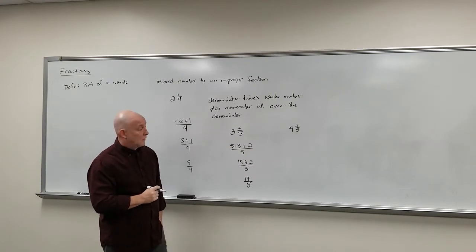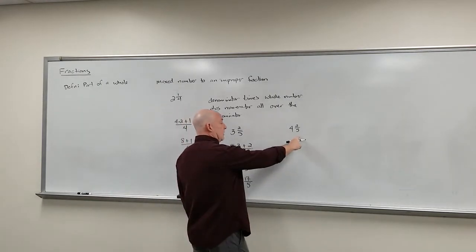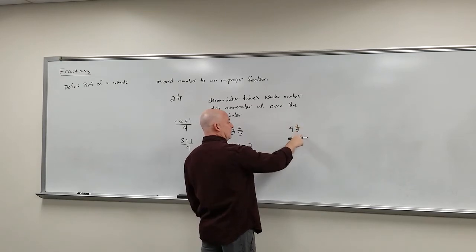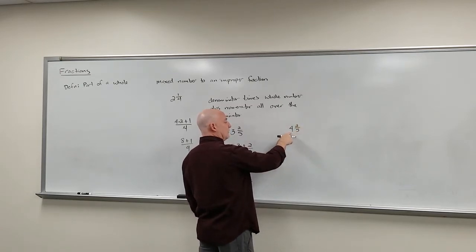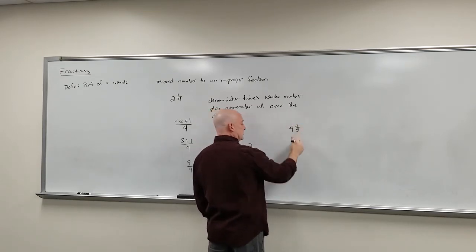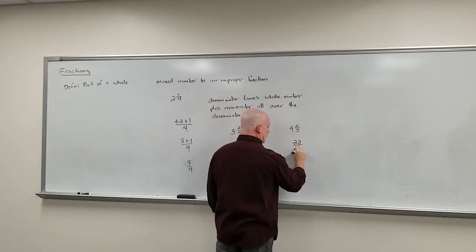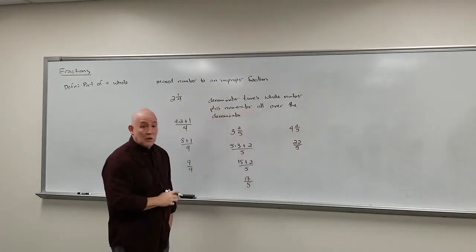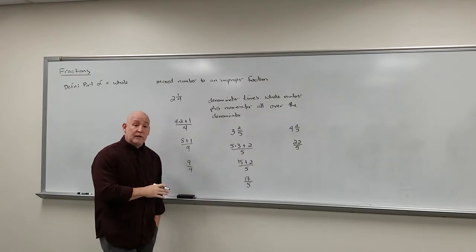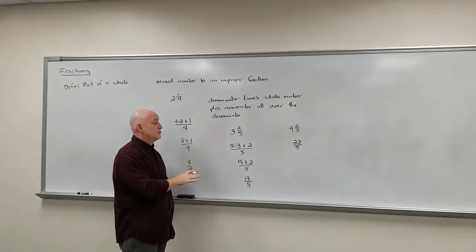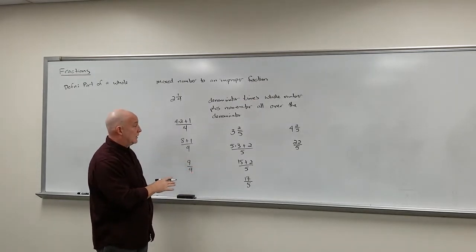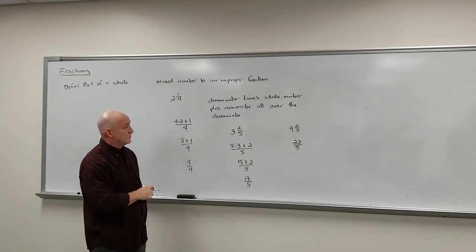Did you do it? All right, let's take a look. So denominator times the whole number plus the numerator. So 4 times 5 is 20, plus 2 would be 22 over 5. All right, now we're going to really need to be able to do this a lot by the end of this chapter,